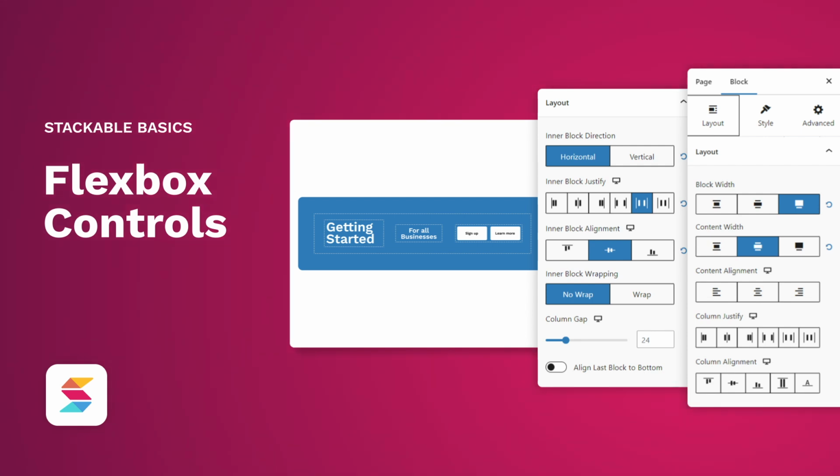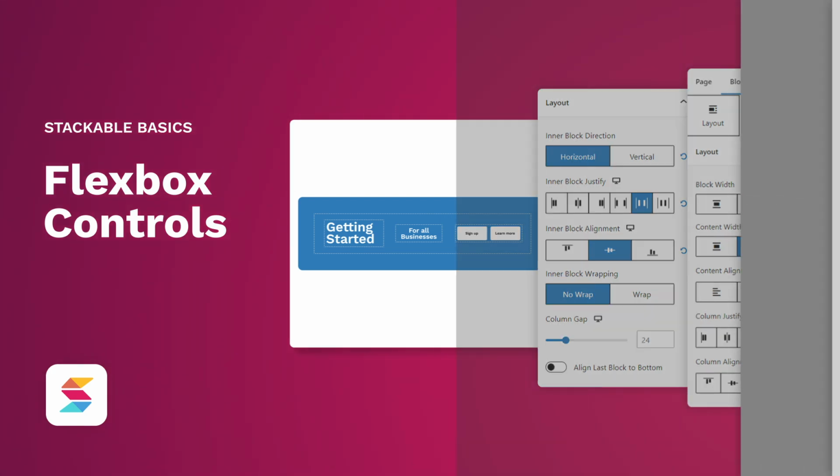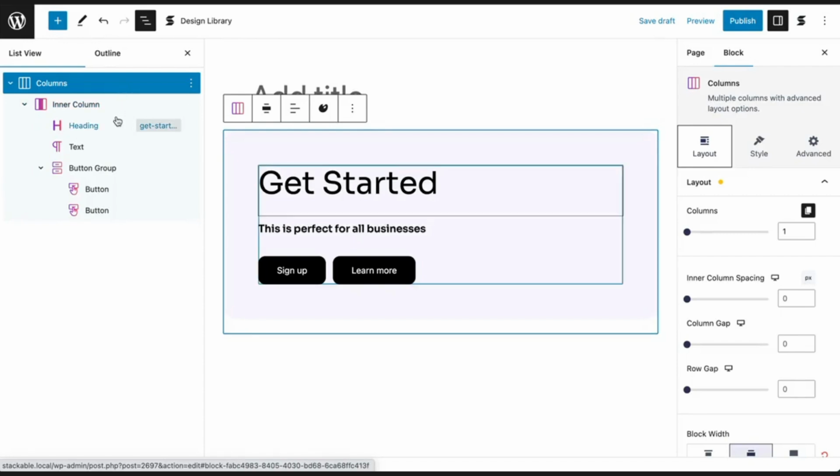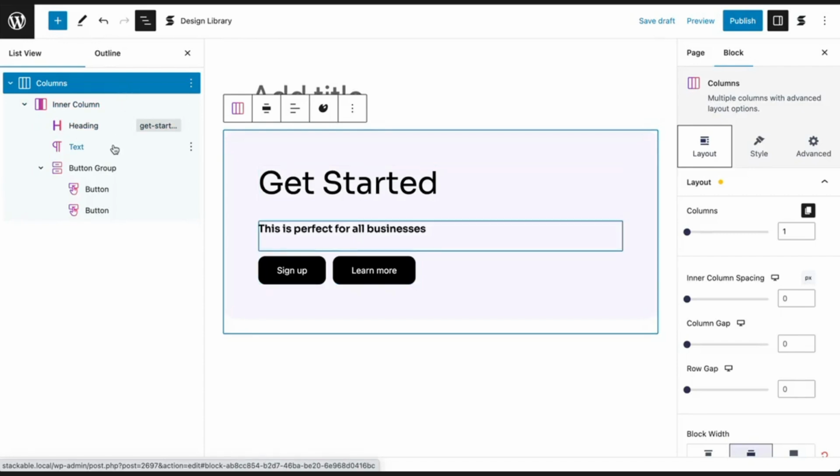In this video, we'll be showing you how to use Stackable's Flexbox controls to easily lay out your blocks so you can create instant page designs that are responsive and look good on all devices. Here we've made a call to action using our columns block with a heading block, a text block, and two